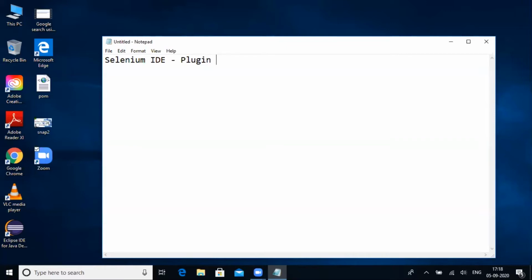It is a plugin for Firefox. If you have the Firefox browser, you can install Selenium IDE as a plugin. What it will do is simply record the actions. Whatever action you do with the web application, it will simply record and play back.